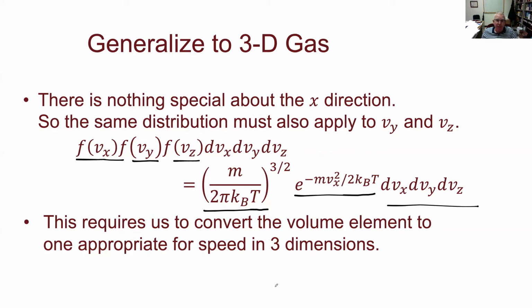In order to get what this function looks like, the thing that's a little bit complicated is we have this volume element out here, right? Because I've got my three dimensions here. And so I have to think about what is the right volume element to use when we do this. This is similar to something that happened when we integrated wave functions and had to integrate over r and theta and phi. We had to figure out what was the right volume element to count everything the right number of times. And that's what we're going to work on now,